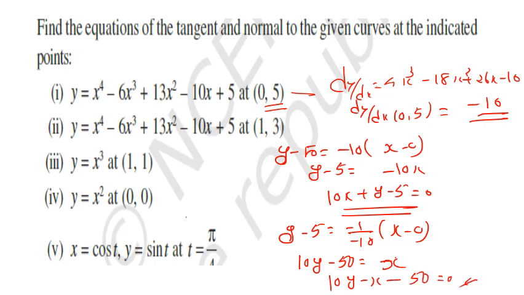The same way you can do here. Here you see this question, there are only some exceptional cases, but I solved the last problem in the last class. x equals cos t, so what is x0? Cos pi by 4, which is 1 by root 2. What is y0? Sin pi by 4, which is also 1 by root 2. Now you have to find dx by dt, then dy by dt, then find dy by dx at t equal to pi by 4. Then do the problem.